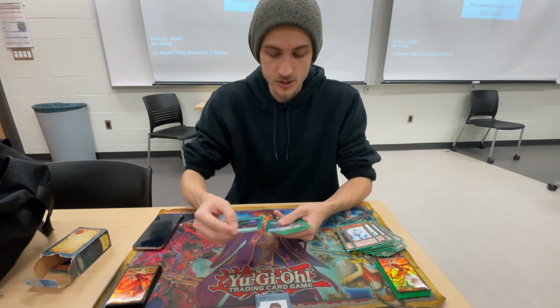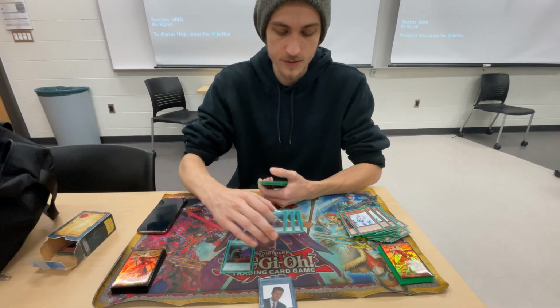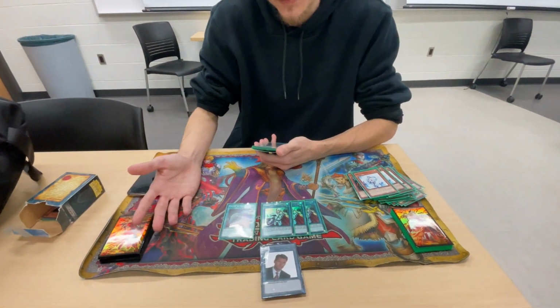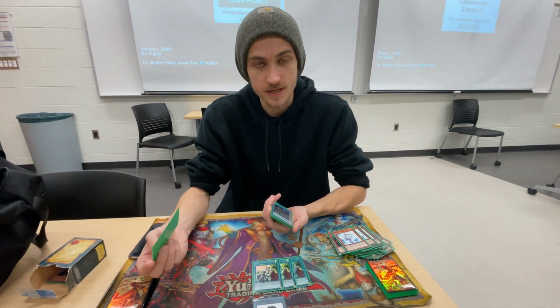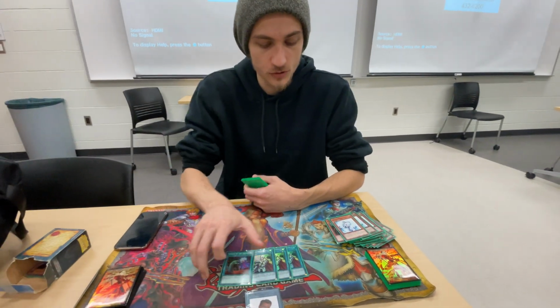And then some more non-engine, 1 Called By and 3 Cross Out, because I play a crap ton of hand traps and I don't want to lose to the same hand traps that I play. And this deck can get really hurt by any of those, honestly. Droll and Nib especially, but...